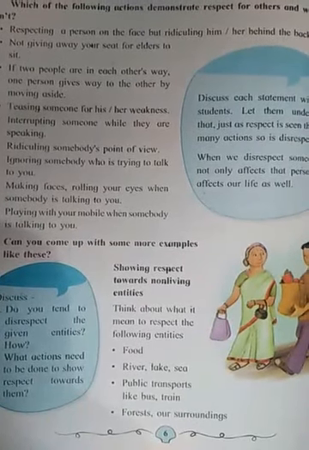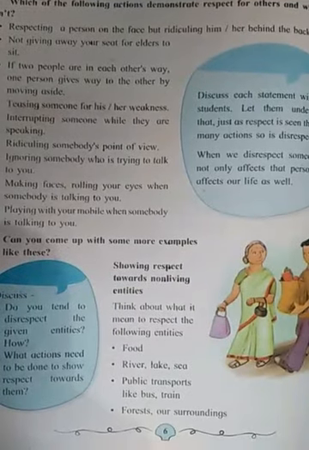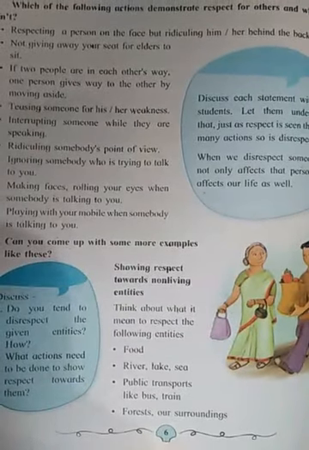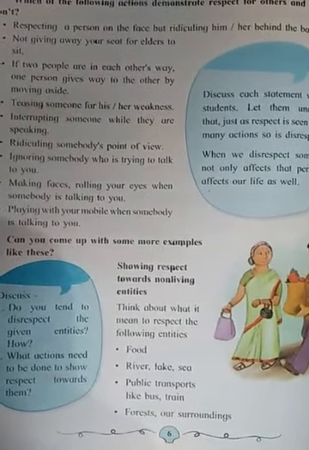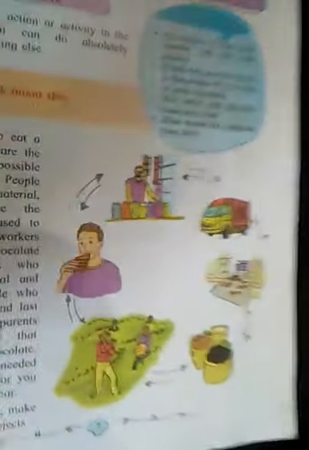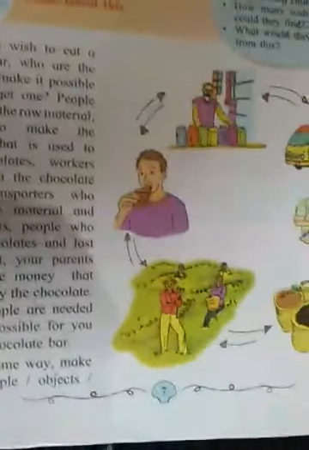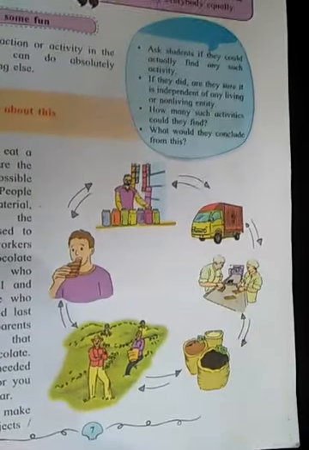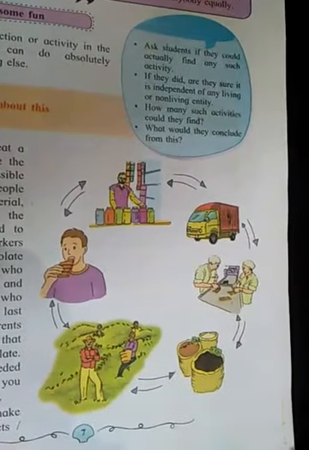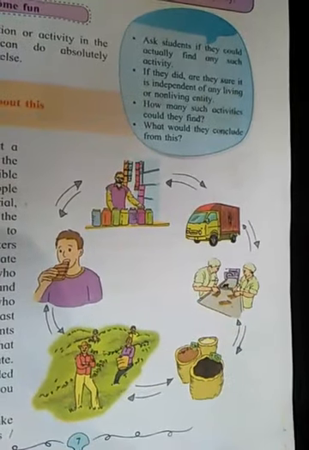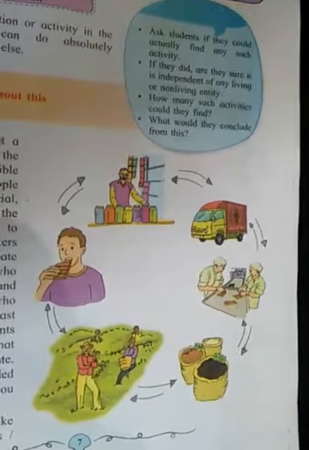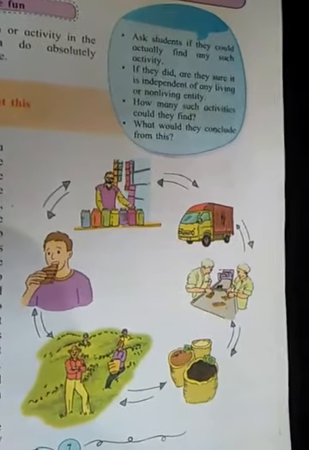So overall, if I conclude on this topic, it says that respect for every individual entity, whether it is living, non-living, biotic, abiotic, those factors are to be respected by every individual. Next, my dear students, is a particular process on your page number 7. Now here they show a particular cycle. For example, if you need a particular book, what are the basic processes or formalities completed to have a book? Basically, it starts from the